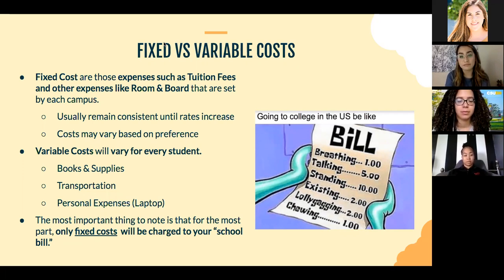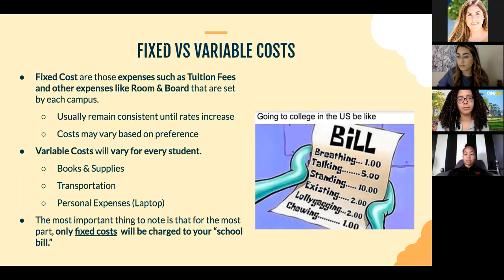And then personal expenses. For most students, this can be a laptop. You're probably going to need a laptop. Some students can either buy one or loan one, but for the most part, they buy one. That can also include going out with your friends. Really, personal expenses is whatever you're going to need while you're in college. So that varies once again for everybody.